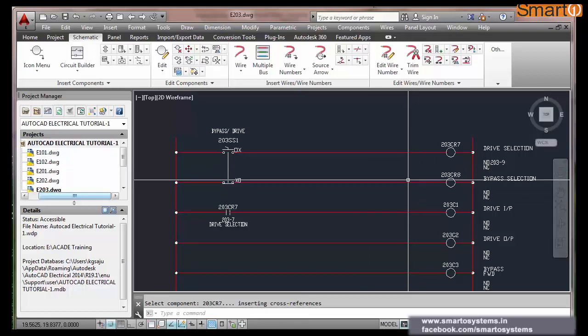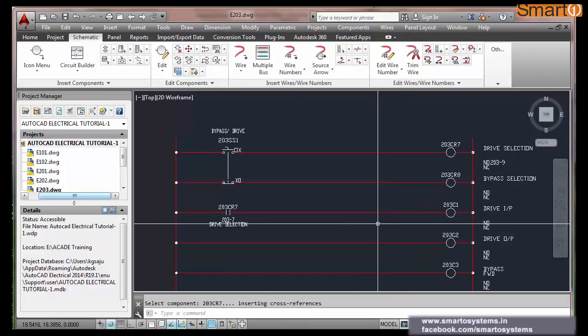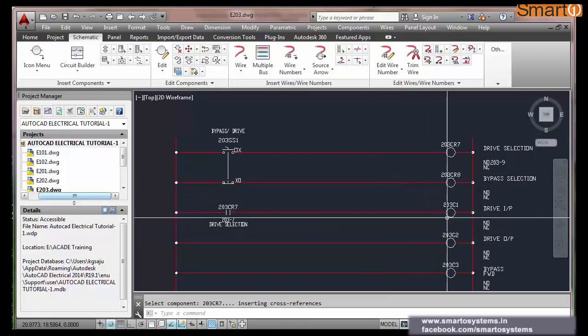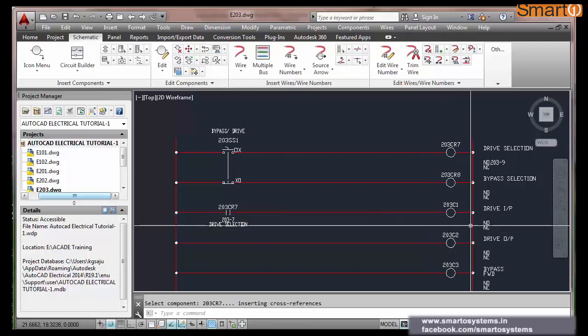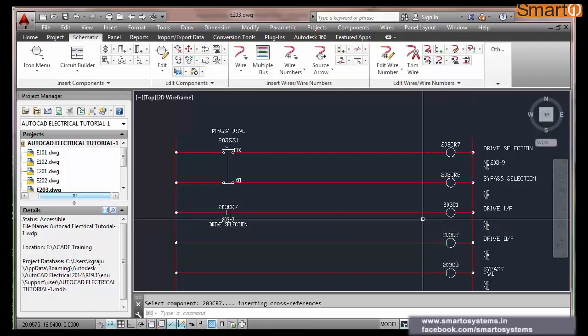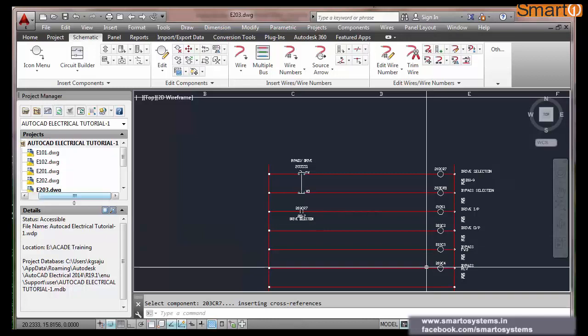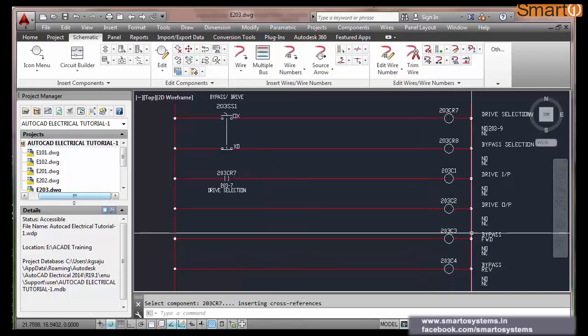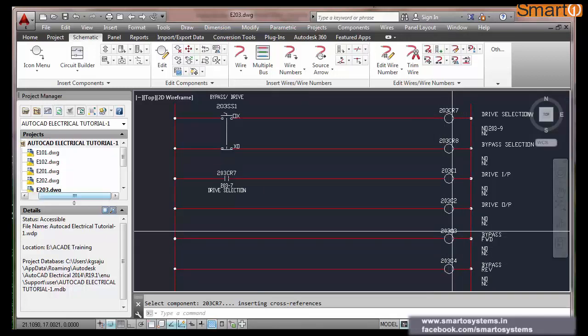Now, the other condition is that when this input contactor is on, that is, the drive should be on only if the bypass is off. That means C3 and C4 are off.